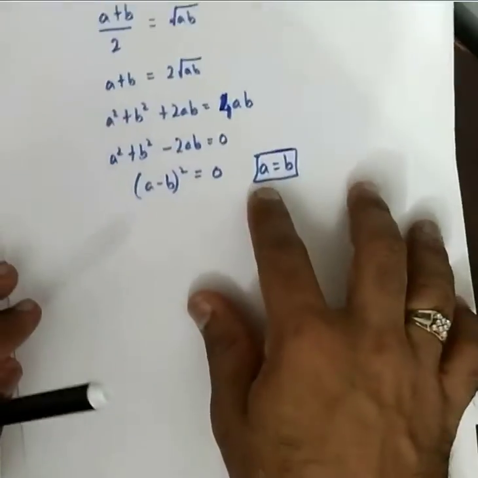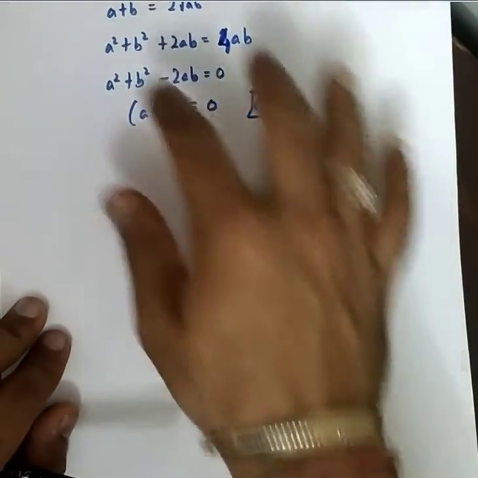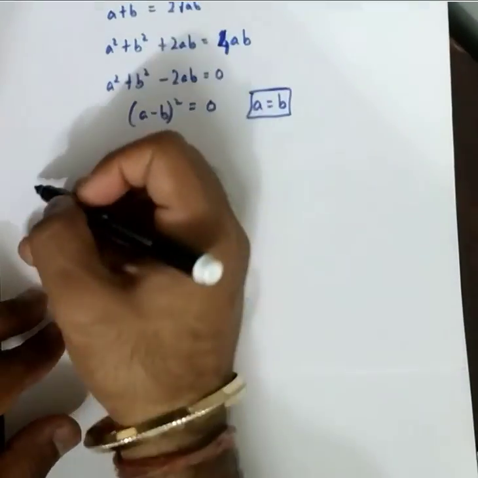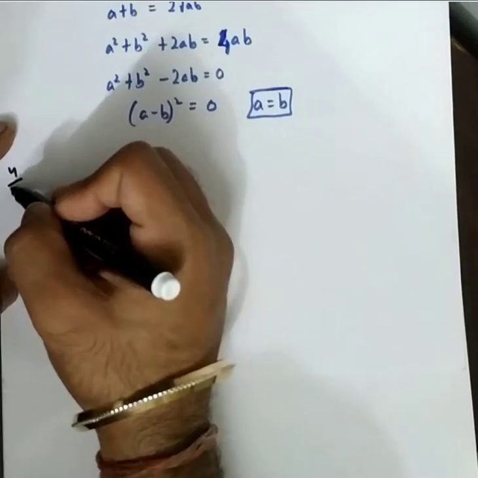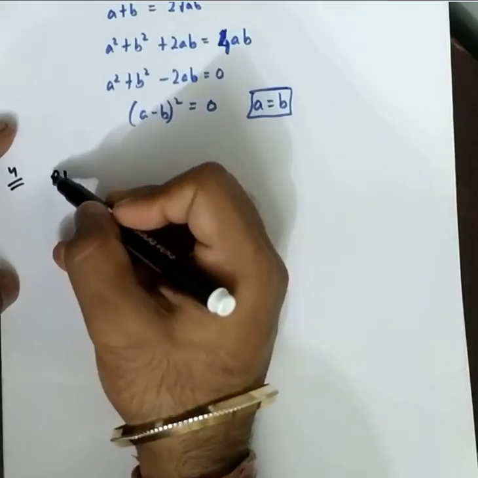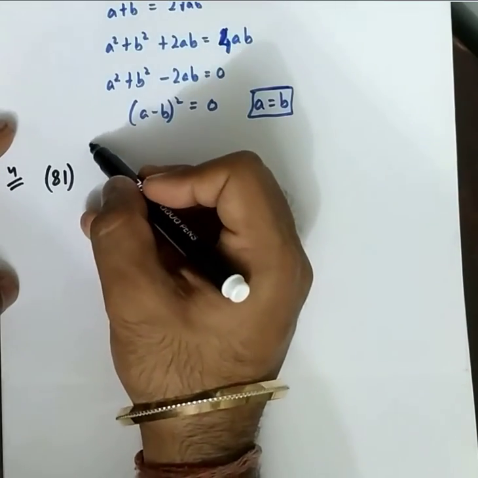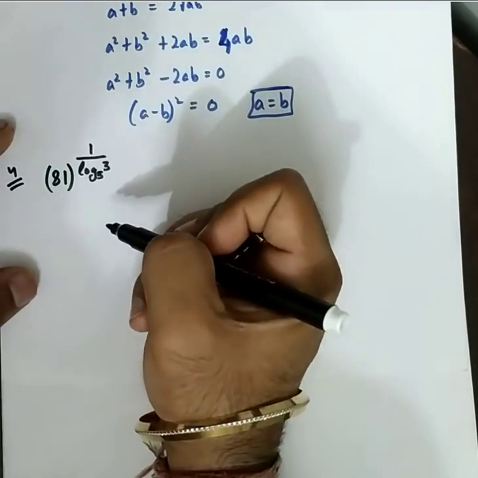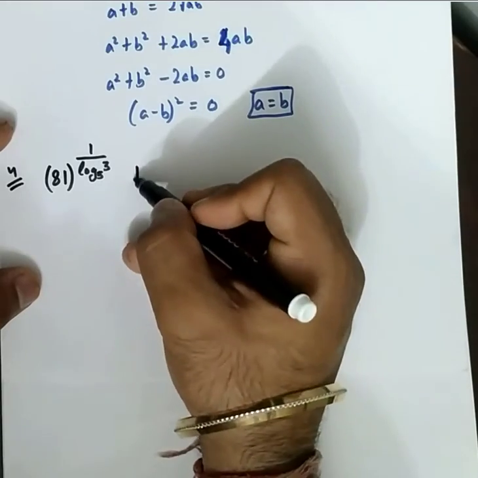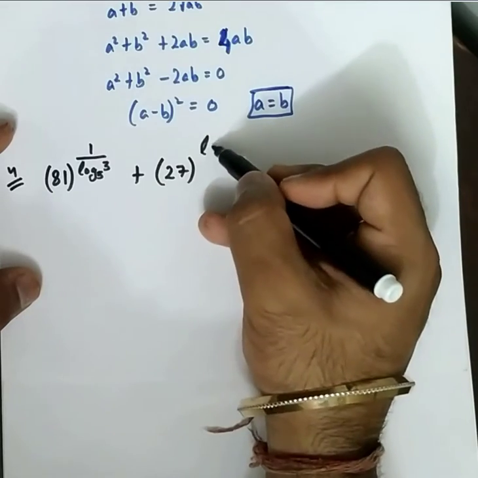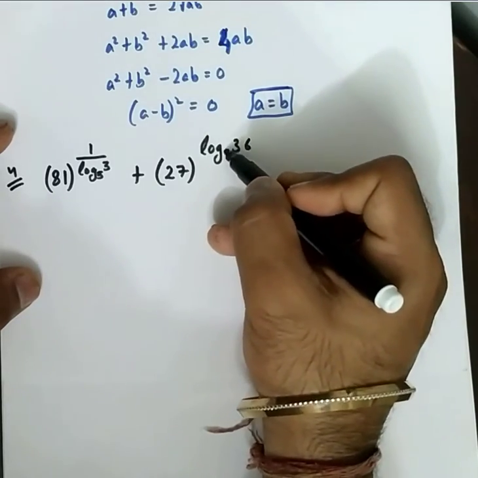Let's try one more question before we move ahead to some good questions, so that you get the feel of the basic identities and their application part. So let me try a little bit better question than all these. And the question says: 81 to the power 1 over log 3 base 5, plus 27 to the power log 36 base 9,